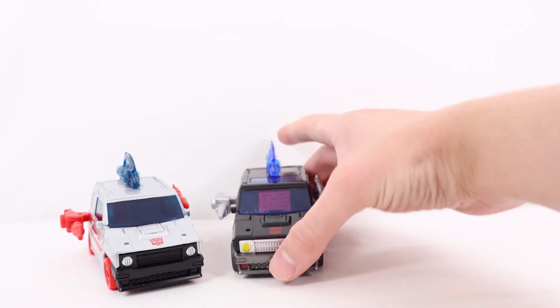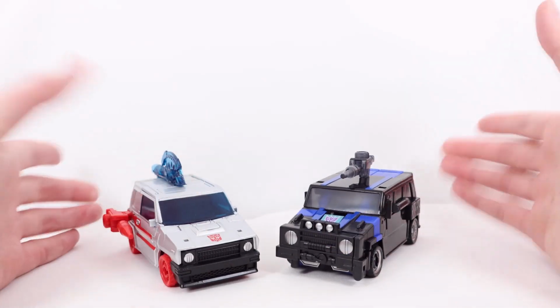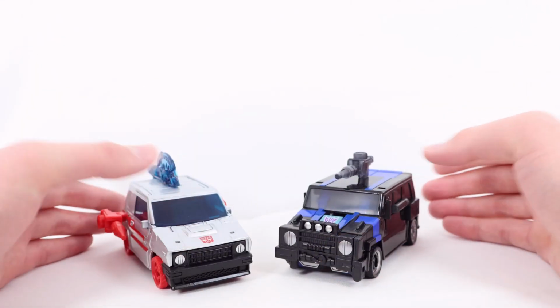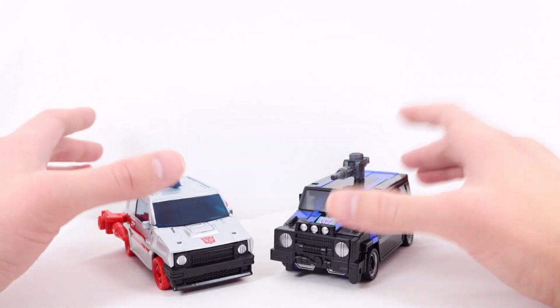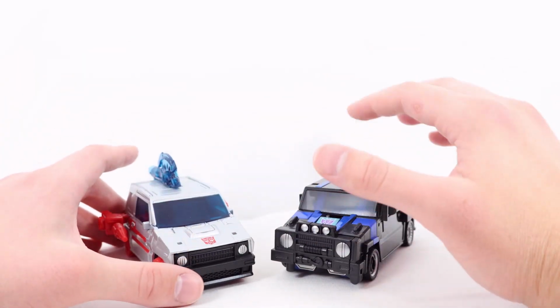And for one final comparison, here he is with the only Decepticon version we've had of this mold so far. Maybe we'll get another one. Crankcase, which actually quite recently, this was, I'm pretty sure, Legacy Wave 3, a deluxe class figure. And there's actually quite a few mold changes as well. I'm not going to point them all out because there's quite a few, of course, brand new accessories, minus the